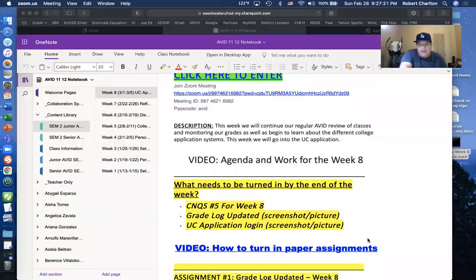So they'll never get checked unless you tell me, hey, Mr. Charlton, I turned in the notes from week 7, or I turned in the notes from week 5 and 6. Yeah, I won't know to go check them. So make sure you tell me those. But everything else that you turn into Jupyter, it gives me a little notification when something new is turned in. So just keep me informed of that. Okay. All right, let's jump into the work for week 8.